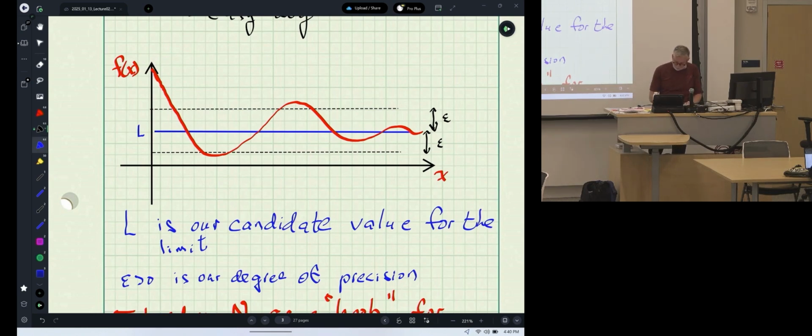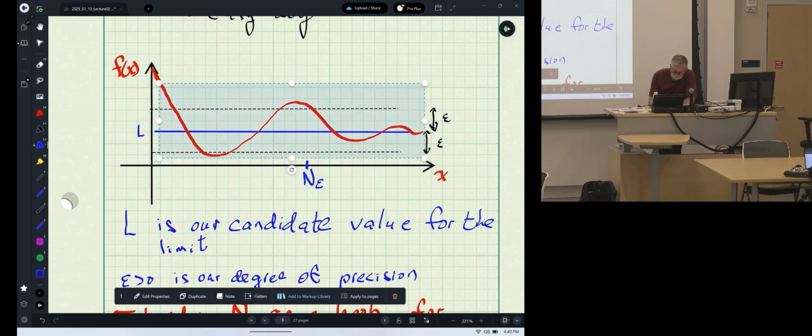So here, with the way I have epsilon drawn, we could literally take n here, and I'm going to call it n sub epsilon. But if I were to move